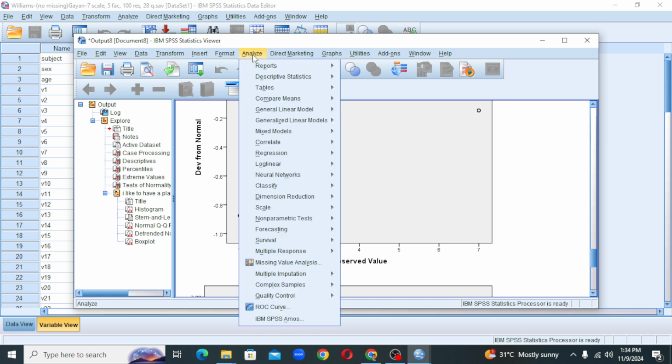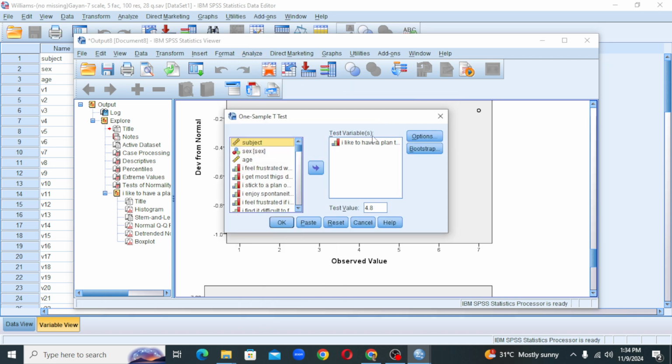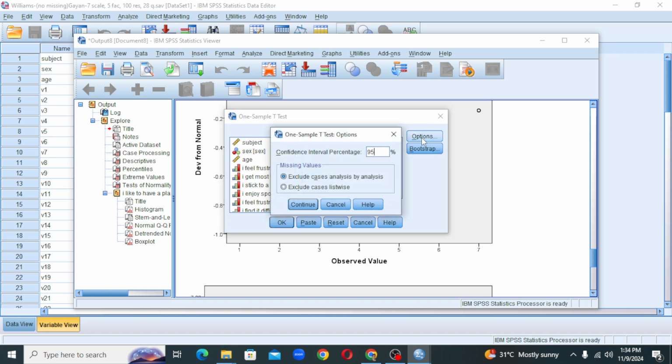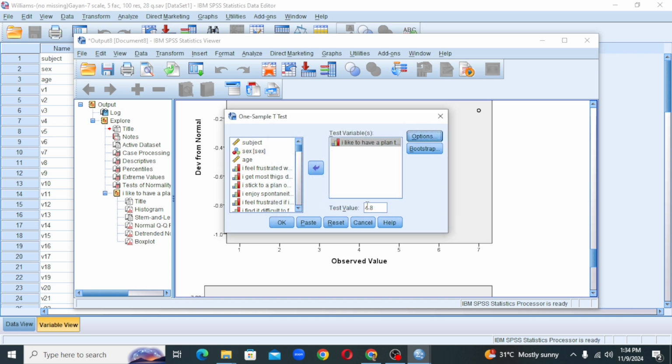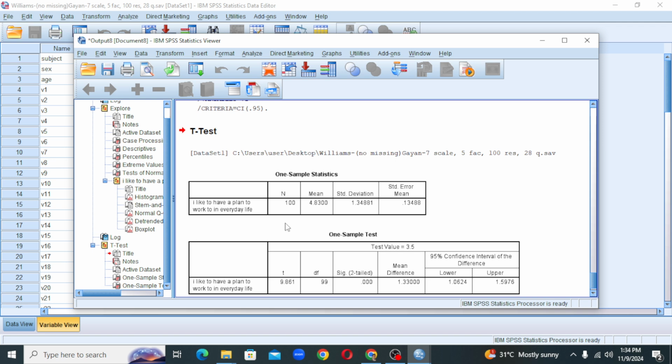So for that, select Analyze, Compare Means, One-Sample T Test. We are taking this one, with a 95% interval, and here we have to include the test value. As we said, marks are between 1 to 7, so we will be considering 3.5 as the average, and press OK. Then the test output is given, the mean is 4.8,